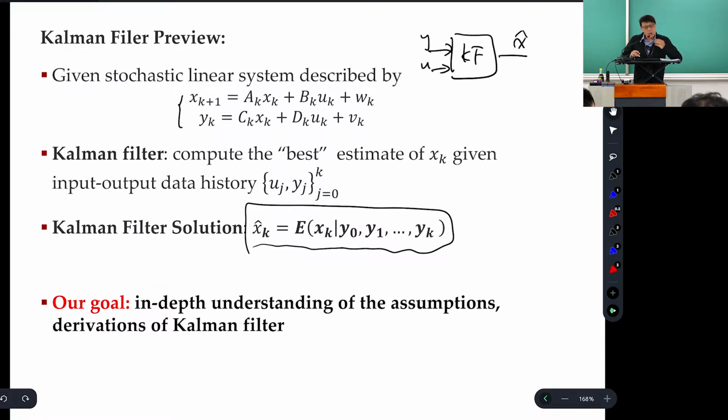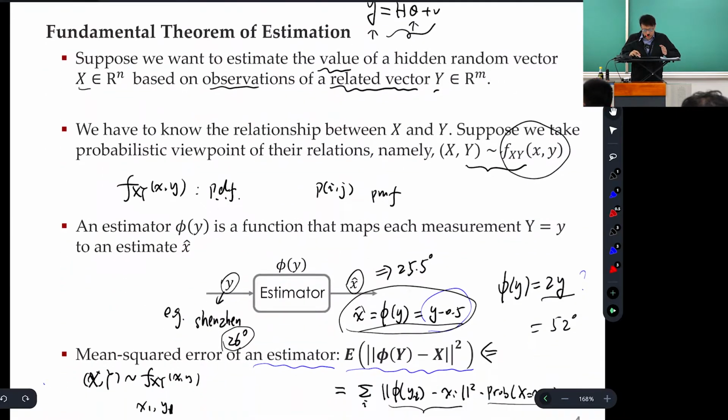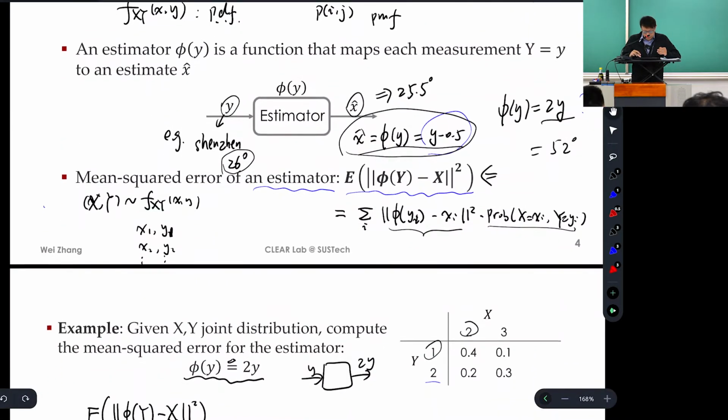I also told you, without any proof, that the Kalman filter is nothing but computing the conditional mean. We start to see why that's the case, because last week we finally reached the fundamental theorem of estimation, which is